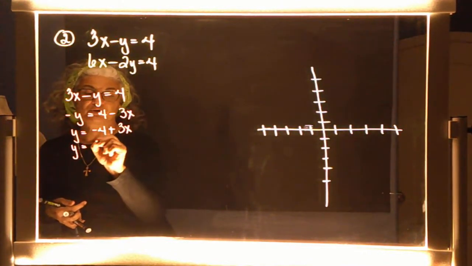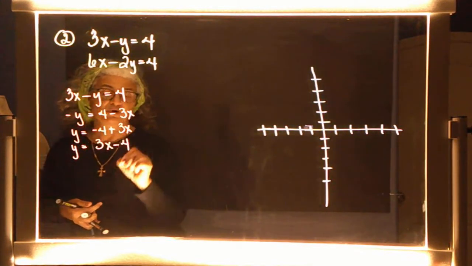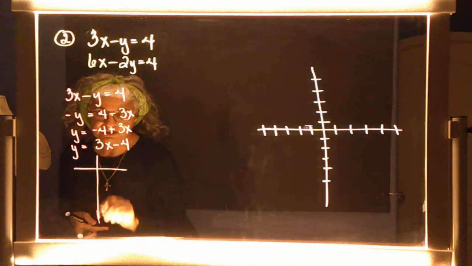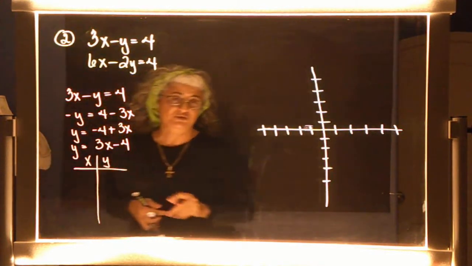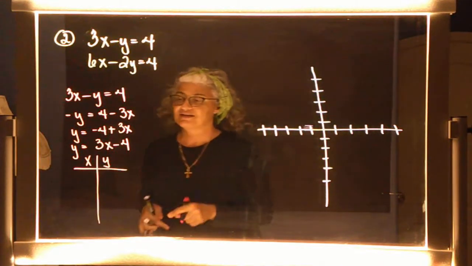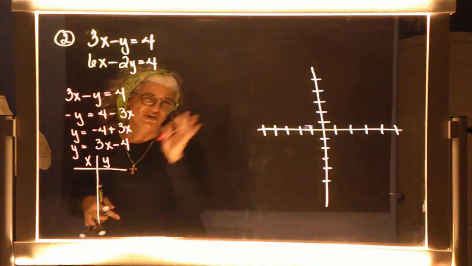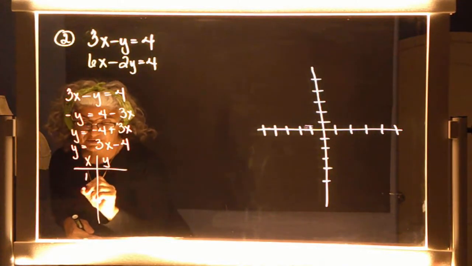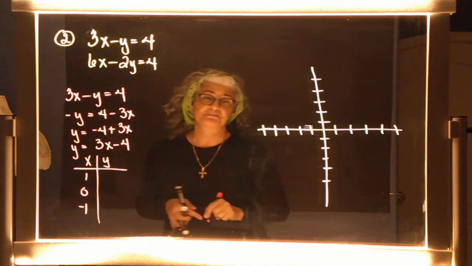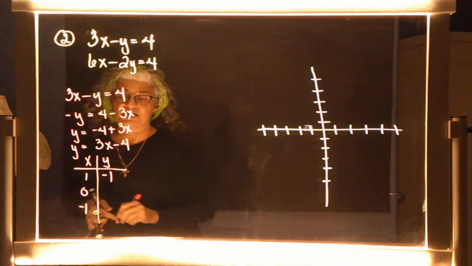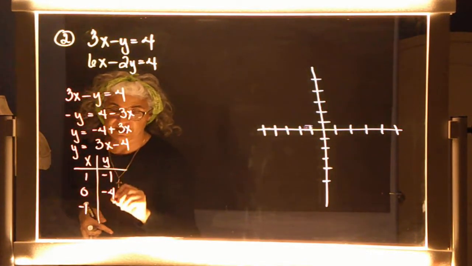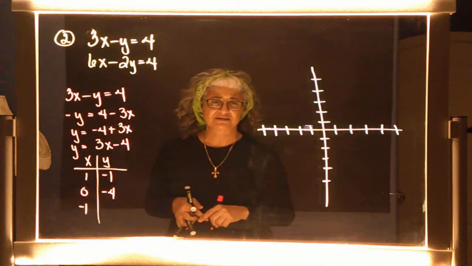And I know some of you are going to want to write the 3x first. Why? Because it's positive. All right, so you can use the slope and y-intercept method, or you can plug in numbers for x, because x has all the stuff around it. So I'm just going to plug some numbers in. So I've got 1, 0, and -1. So when I plug in 1 for x, what do you get? Good, you get -1 for y. When you plug in 0 for x, good, you get -4. And when you plug in -1 for x, yeah,